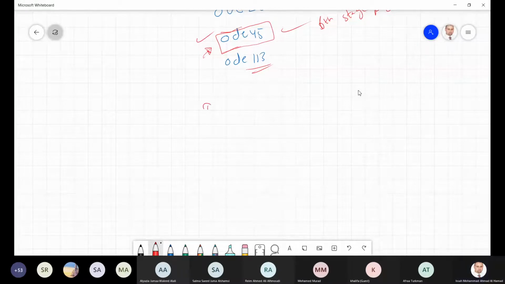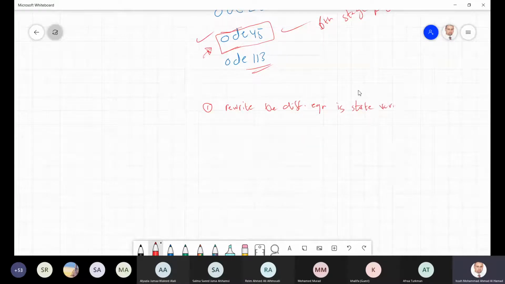First step, we have to rewrite the differential equation in state variable form. What do you mean by state variable form? If you have studied engineering analysis, or now it's called advanced engineering, you know that differential equations can be written in a state variable form,